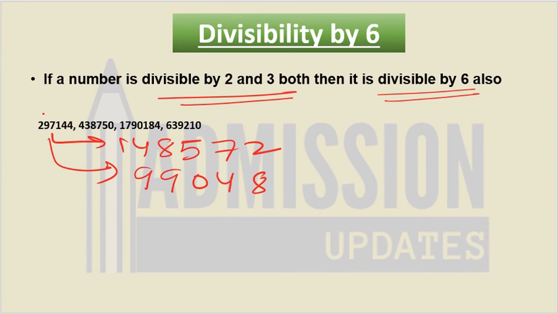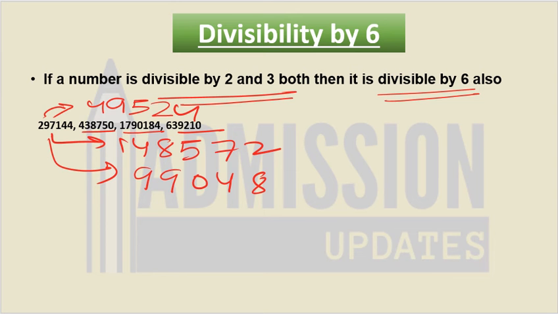Now let us check whether this number is divisible by 6 or not. 6 fours are 24, 5 carry. 6 nines are 54, 3 will be here, then it will be 31. 6 fives are 30, 6 twos are 12, and then 6 fours are 24. 4 9 2 4. So we can say yes, this number is divisible by 2 and 3 as well as by 6 also. You can try the same for these numbers and check whether you are getting your answers or not.